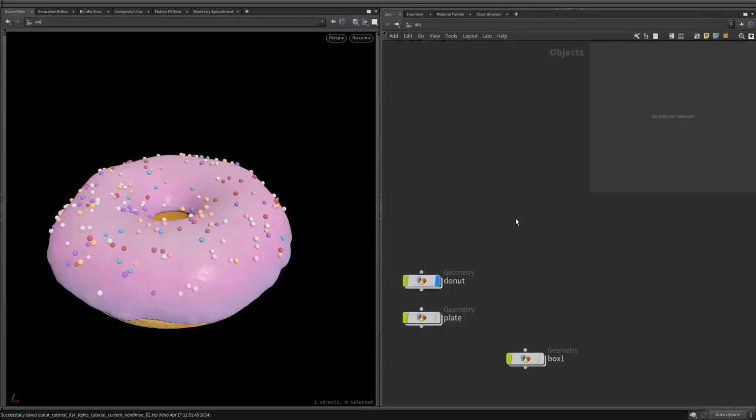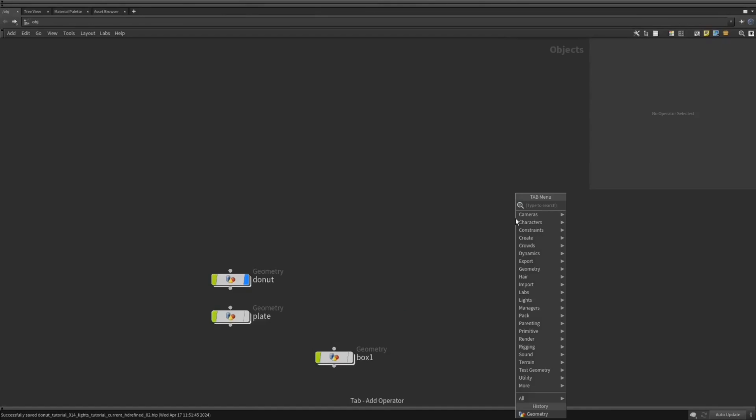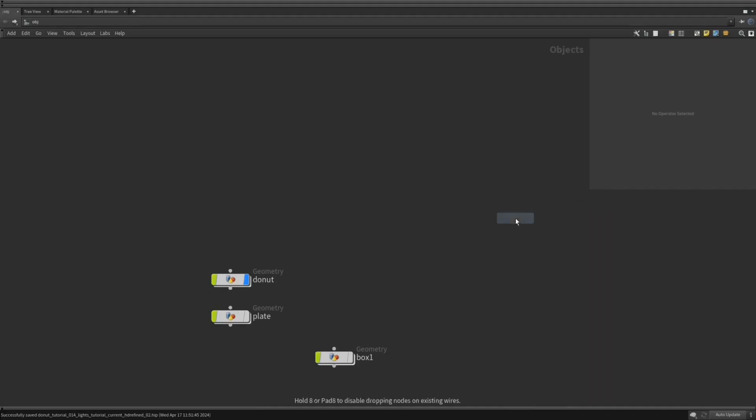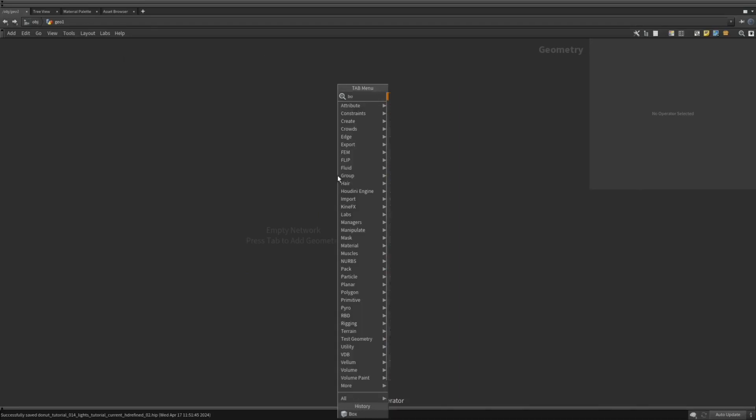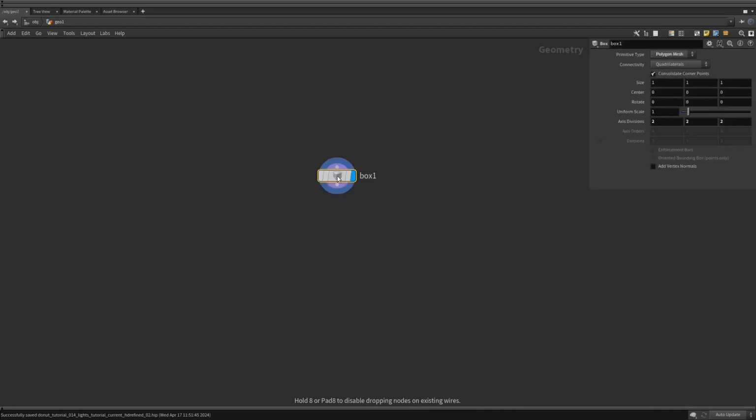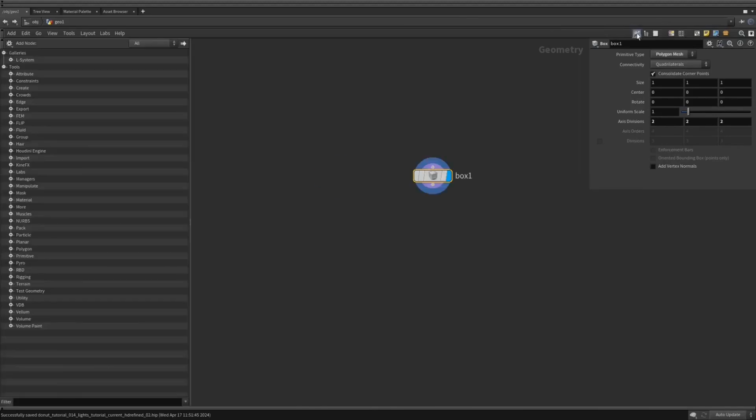Now hitting Ctrl B, we can maximize the network editor, and hitting tab we can have this menu. We can type in geometry. So we have a geometry network. Now we are in the geometry context, as you can see. Also, if you hit here, box, we can create a box. A different way to create a node, you can see this show tool palette, and here you can type in a box. For example, you can create a box,